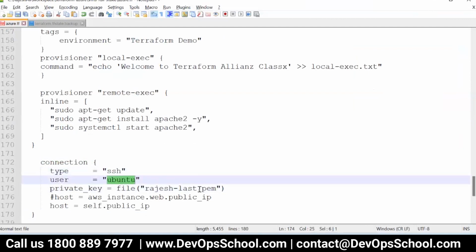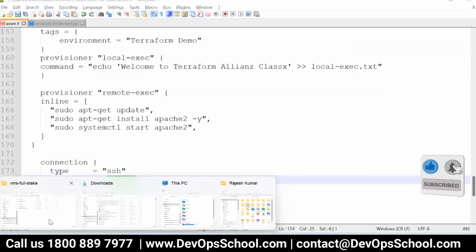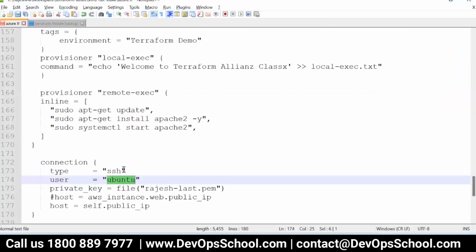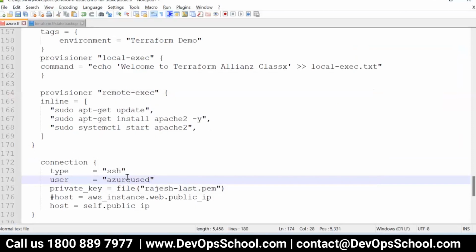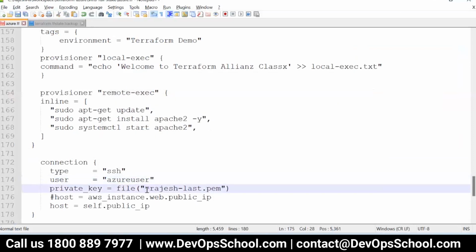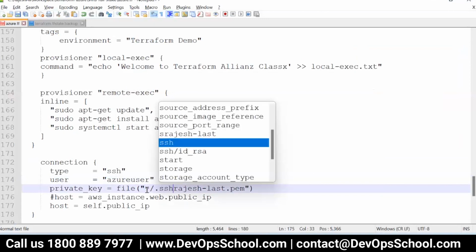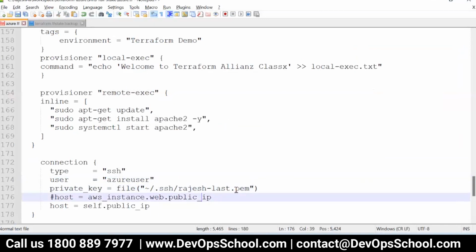Anyone remember that? Let me get it from there. Azure user, I think. Azure user, right? Yeah. Now keys, it should be tilde and dot SSH. Just a second, guys.